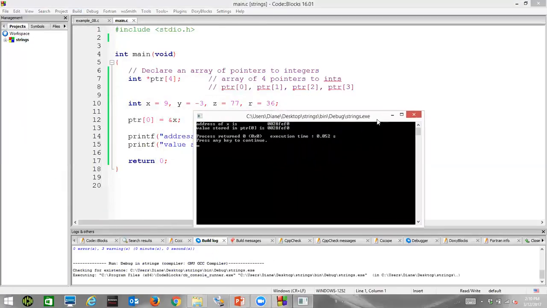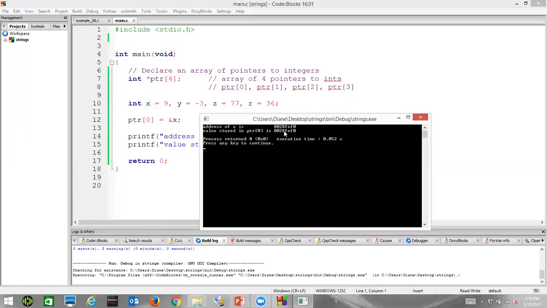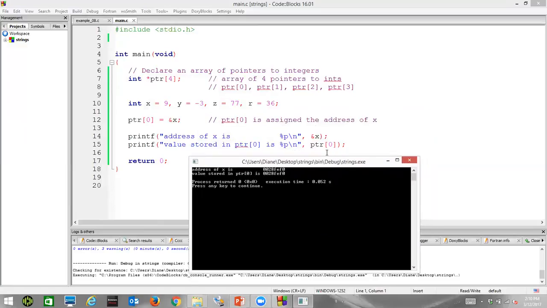All right, so we can see that the address of X is 0028FEF0, and the value stored in pointer 0, because we said store the address of X in pointer 0, is this. So if I were to just use pointer 0, as we did here in the printf, that refers to the address of X. If I want to now get inside, if I want to read the data where pointer 0 points,